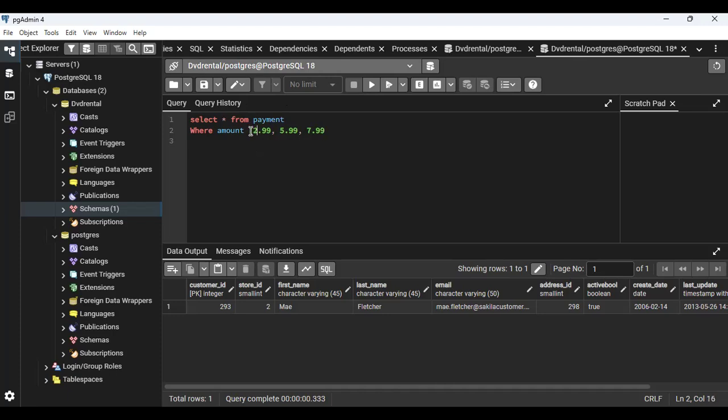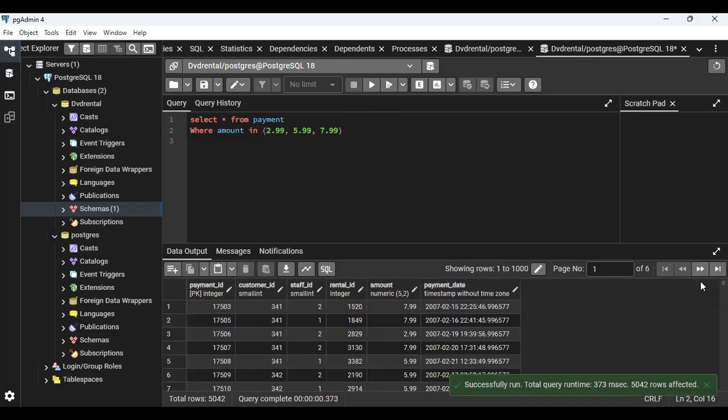So what we do, you close the brackets, then you write where amount in. This "in" is another operator. Then you run it. So it will give you only places where you have amounts of 2.99, 5.99, and 7.99. Now, if you also wanted it to do the opposite, that is,